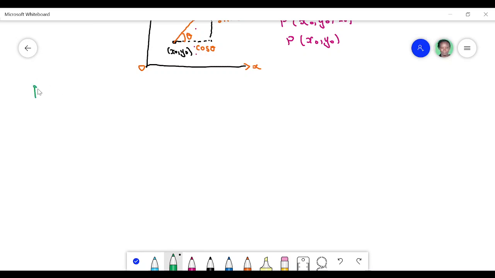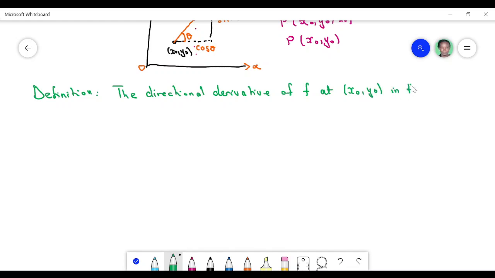The definition is that the directional derivative of a function f at the point x naught, y naught in the direction of a unit vector u is then going to be defined as